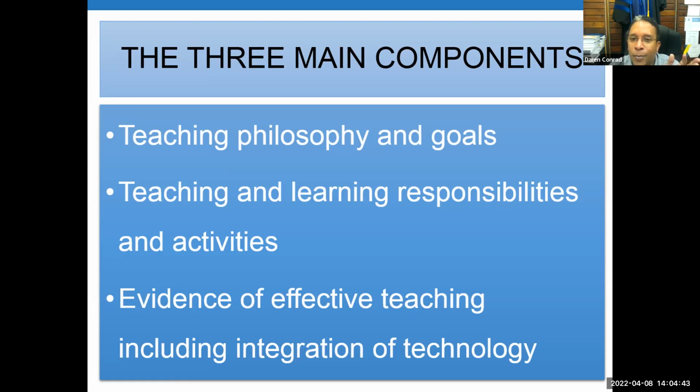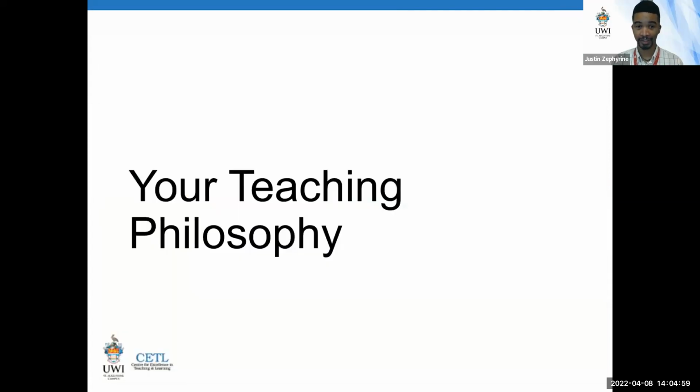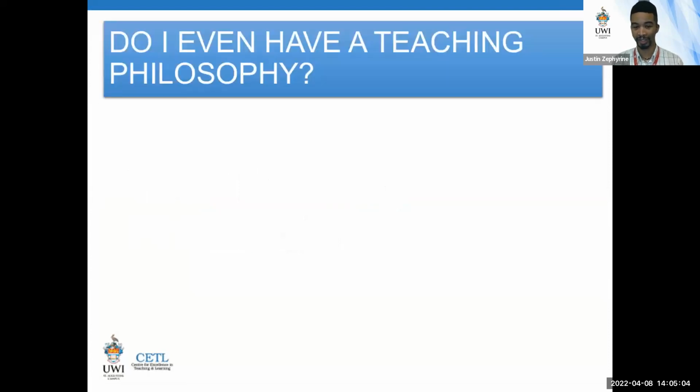I mean, essentially it speaks to, how do I put it? I can't find the words right now. Maybe it's the lunch I just had, but it speaks to the core values that you hold on to as a lecturer. That's exactly it. So you hit the nail on the head in one sentence there, Darren.